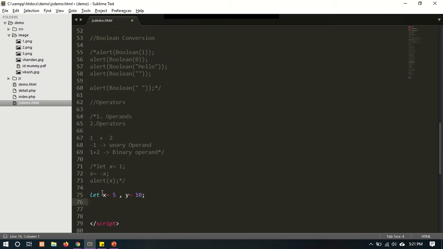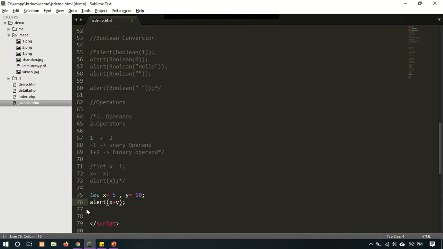Then alert x plus y. Go. We are using the binary operator, meaning we are using two operands with one operator. So it returns 15 because it adds the value of x and y. Yes, these are the types of operands.